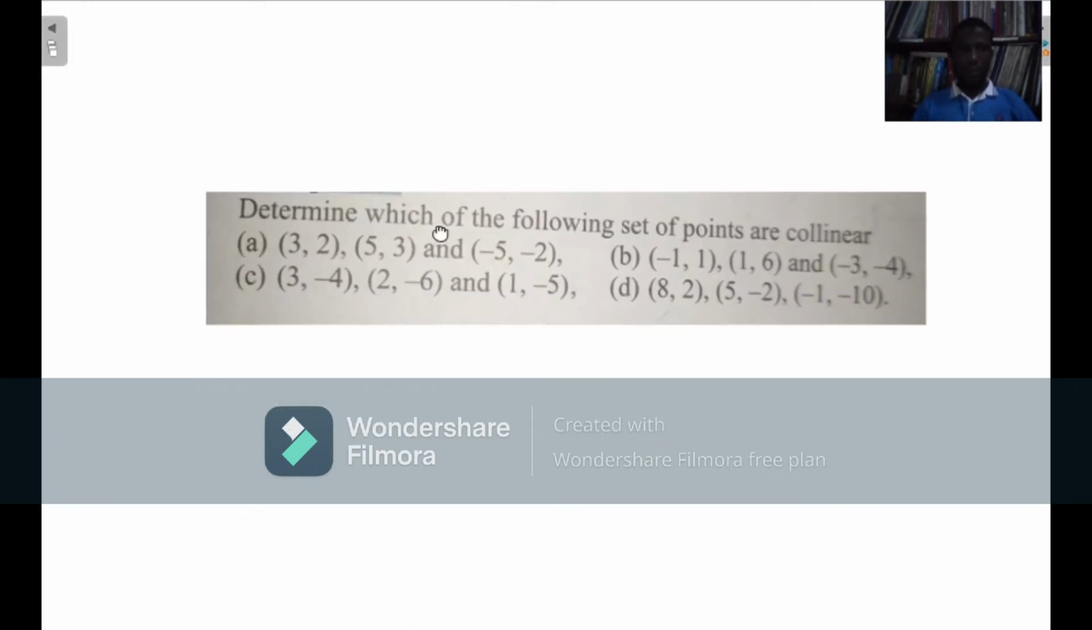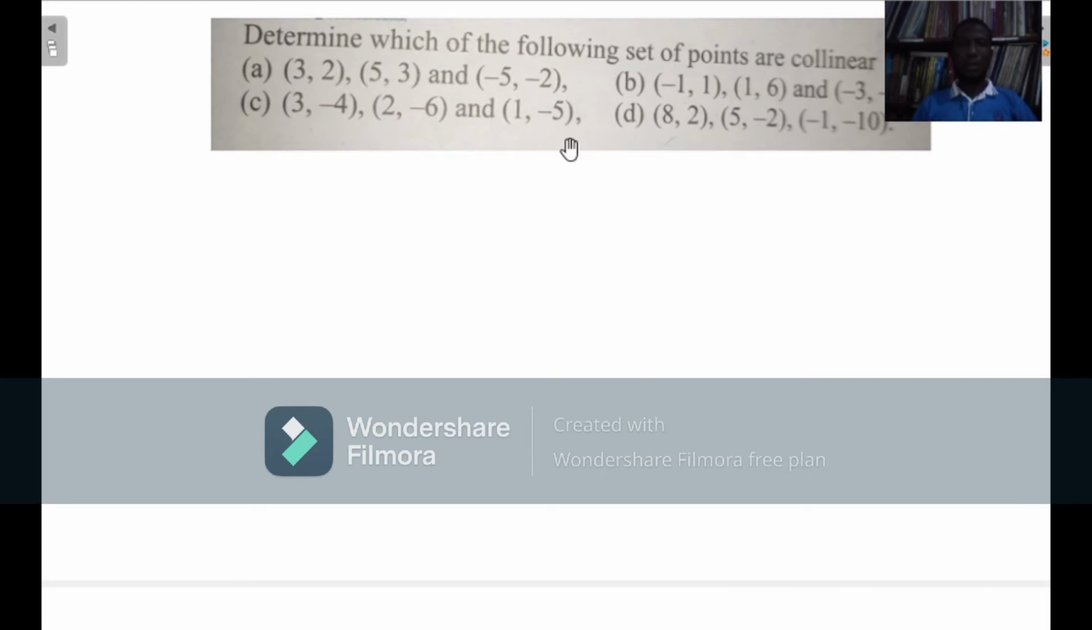The very first example said, determine which of the following points are collinear. So I'm going to do the very first one, then I'll leave the rest for you to do. You pause the video and do them and compare your answers with mine. We established early on that 3 points are collinear if they lie on the same straight line, and for that matter, I mean that they have the same gradient. So what we are going to do is that